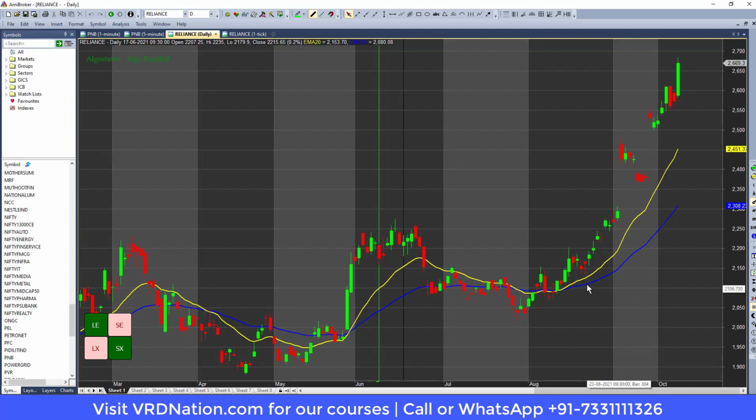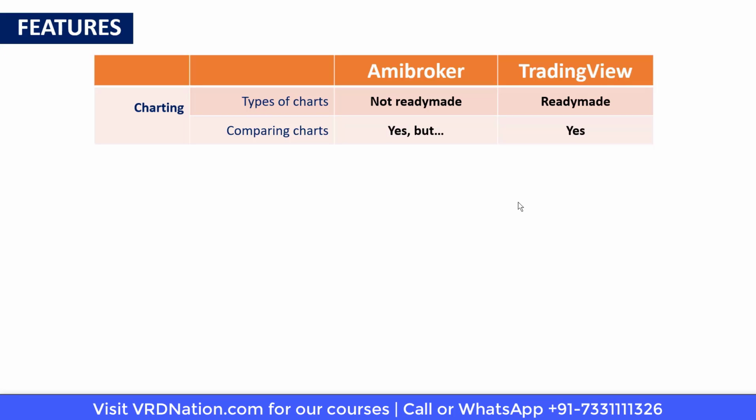Now, when it comes to Amibroker, the comparison can also be done here, but it is not as easy and as user friendly as we just saw in the case of TradingView. Now within charting, there is another interesting dimension that we have to keep in mind, that is the case of